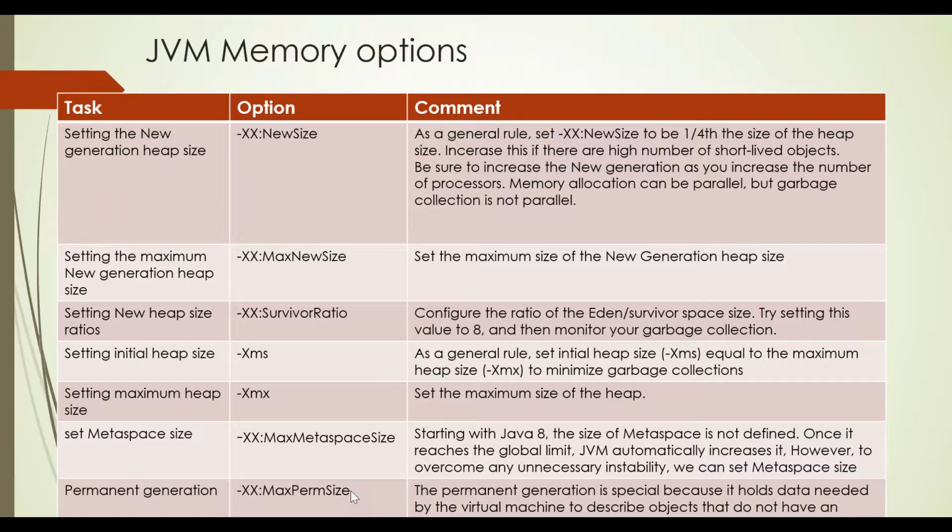In the same way as the permanent generation, there is the meta space size, the maximum meta space size. From JDK 8, from Java 8, the meta space is not specifically defined. It is automatically managed by the JVM itself, so whenever it reaches its limits, the JVM will automatically increase it. However, if you're running this in production and you are short on memory and strict on the boundaries of how much memory a JVM should use, you should specify this parameter so that it does not go beyond, say, 100 MBs.